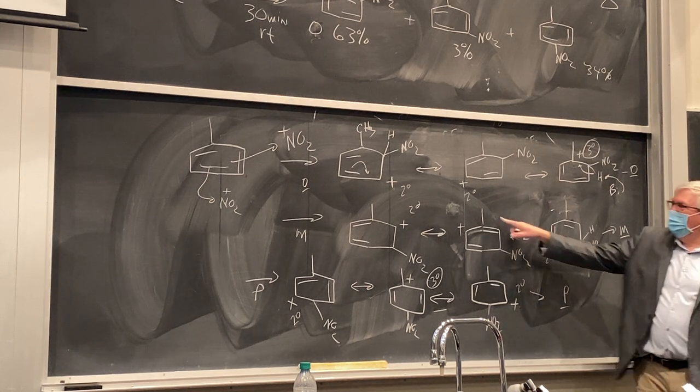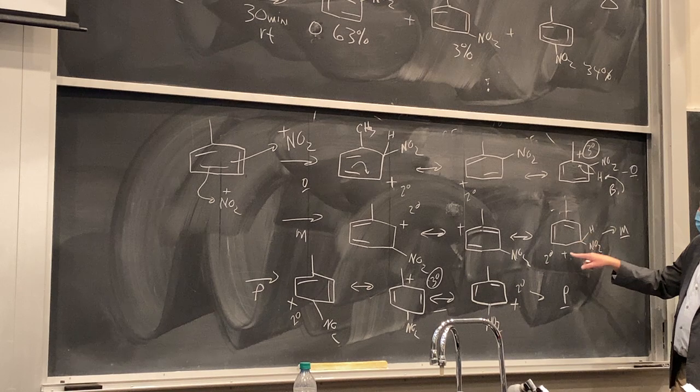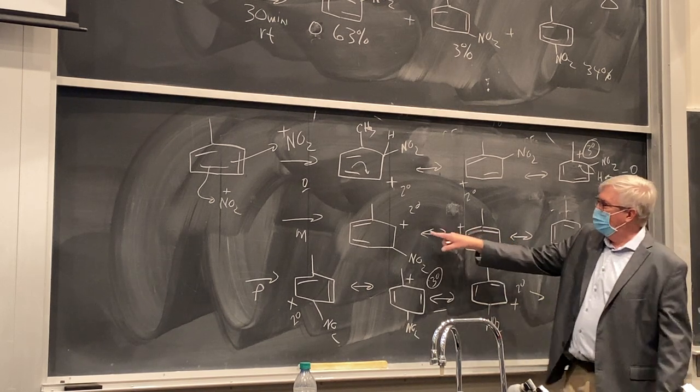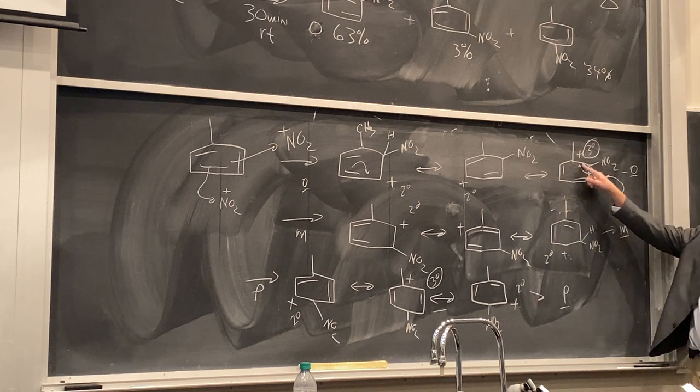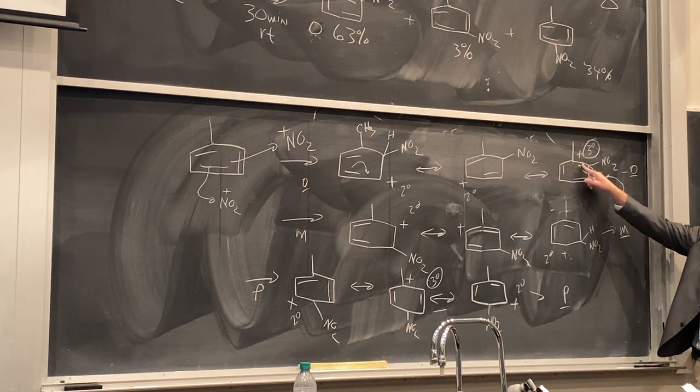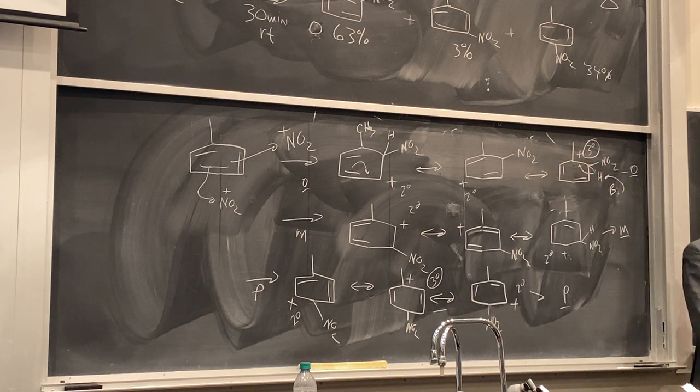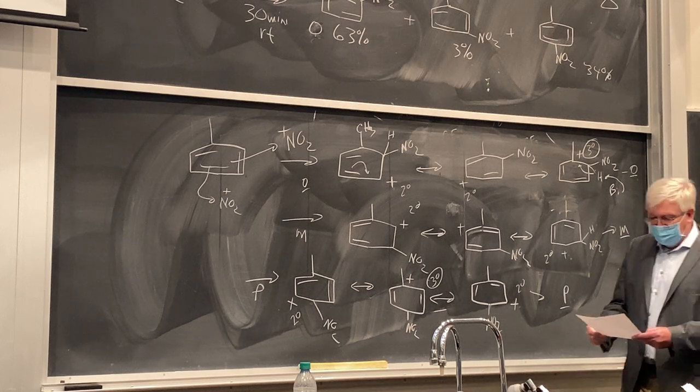Why? Because this is a donor, and this pathway will have the lower stabilized allyl cation. This pathway is 5 to 10 kcals per mole more favorable. So the transition state leading to the ortho and the para products is going to be lower and more favorable. Now, let's see if we can do the